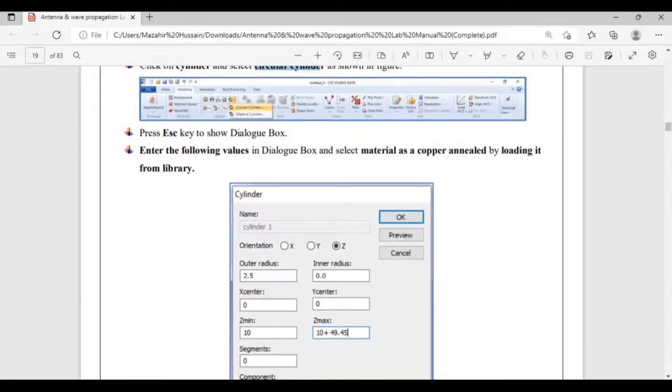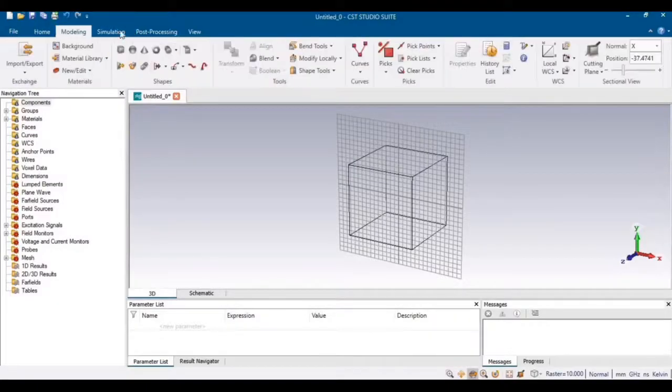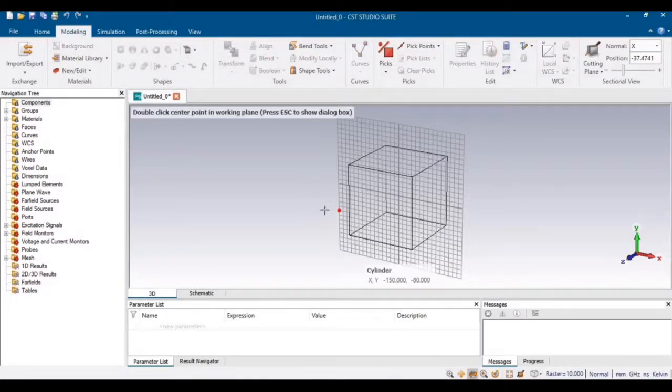So go to Modeling and click on Circular Cylinder. Now you can define the cylinder by defining different points,